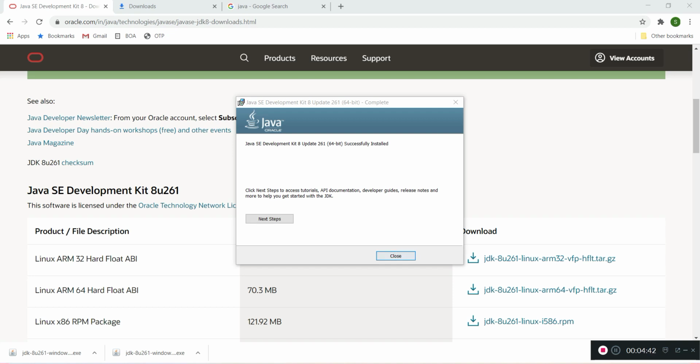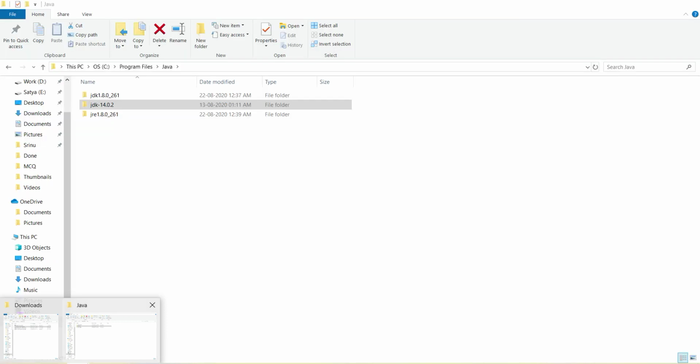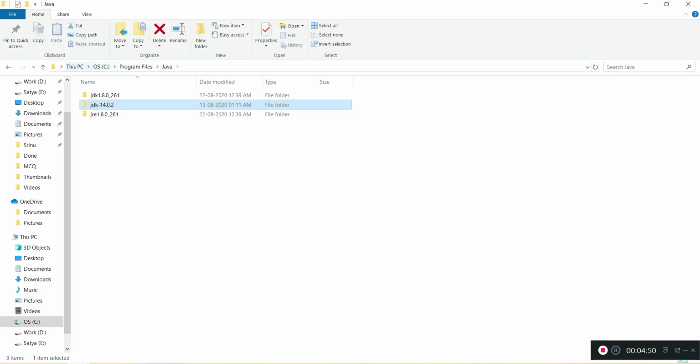We can close this installation wizard and look at our installed software. Here in C:\Program Files\Java, we can see two folders, one for JDK 1.8 and one for JRE 1.8. But you can observe that for JDK 14 there is only one folder.